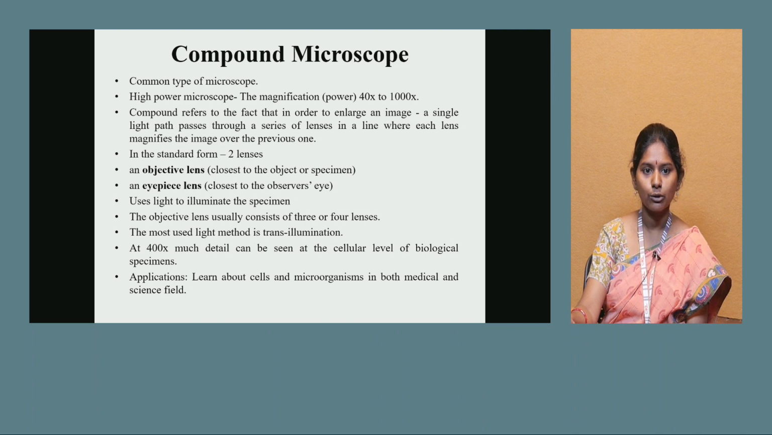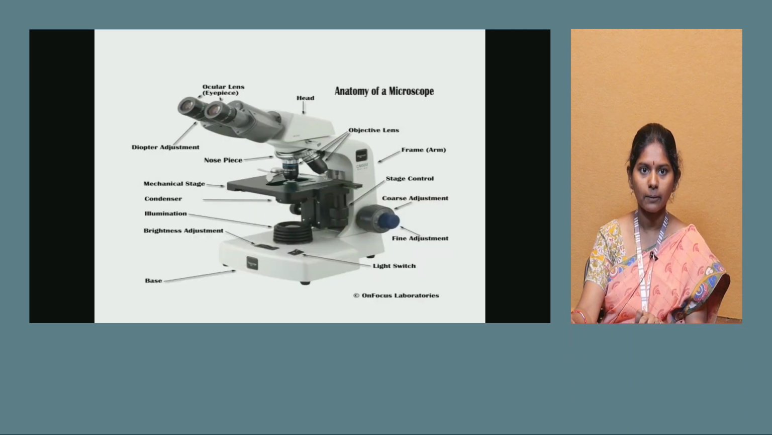At 400x resolution or magnification power, detail can be seen at the cellular level of biological specimens. Applications of the compound microscope are to observe cells and microorganisms in both medical and science fields. This is an image of a